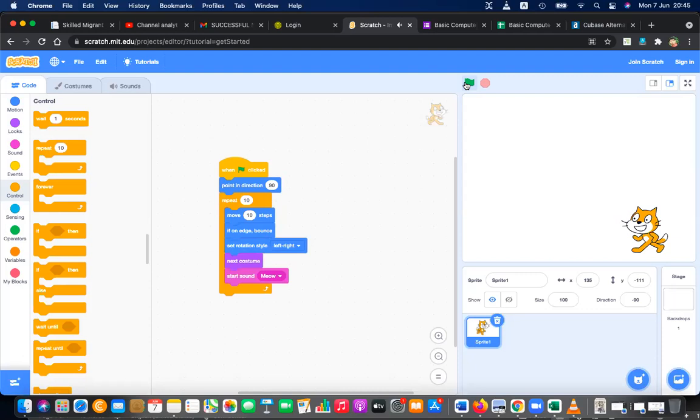Now you can see what's happening. If on edge, bounce, okay, next. I'll drag this next costume here.